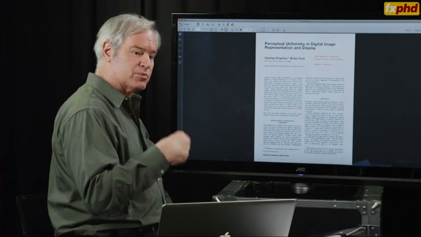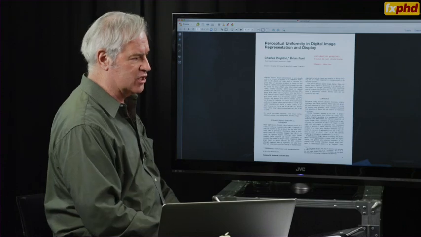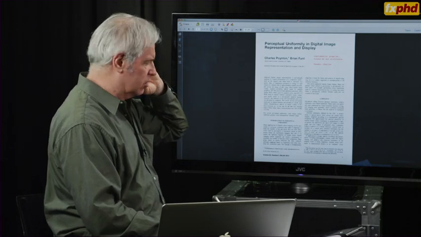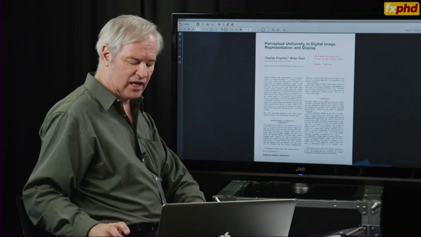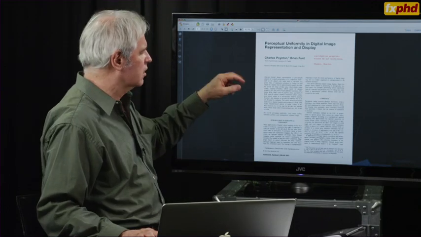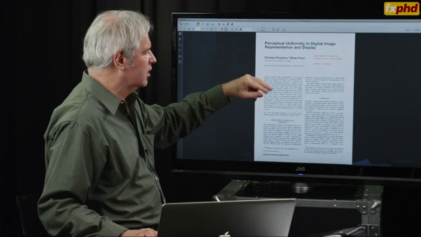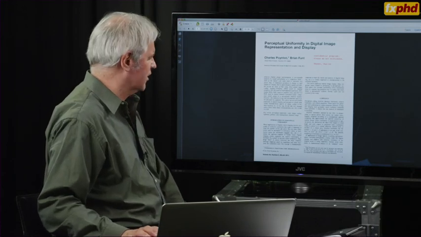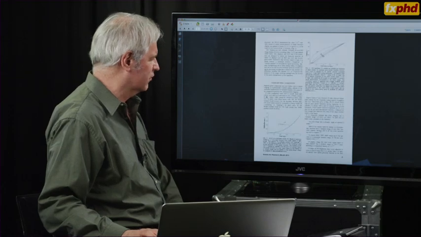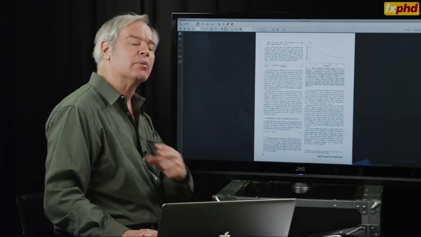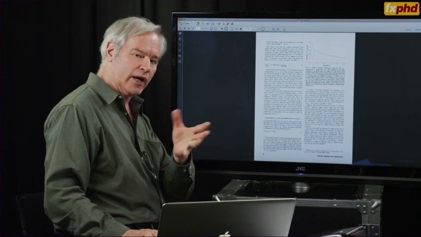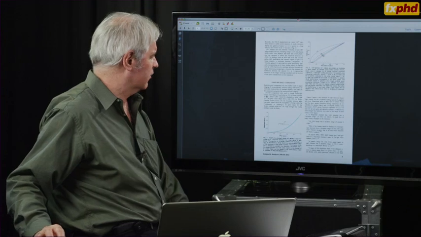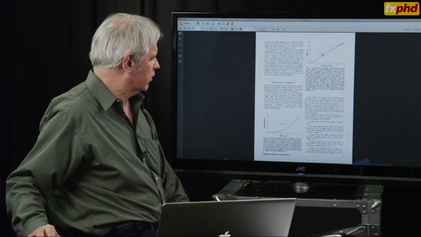So one of the research products, if you want to call it that, from my PhD efforts is this journal paper, which was just published. I think it gets a date of February 2014, called Perceptual Uniformity in Digital Image Representation and Display. So it's a 10-pager. I'll just walk through the pages. It gives you the theoretical background behind what I've just explained to you in what I hope are fairly approachable terms. And there's an important diagram here, which is this one,